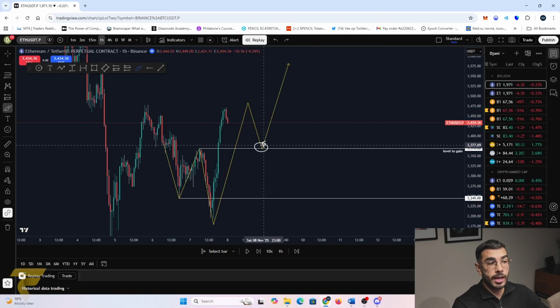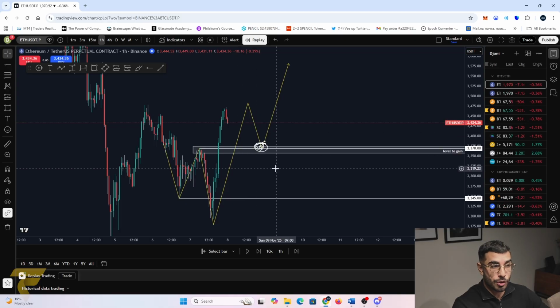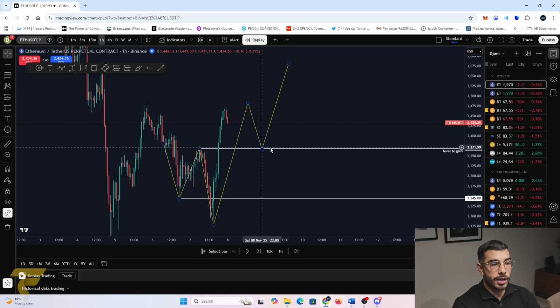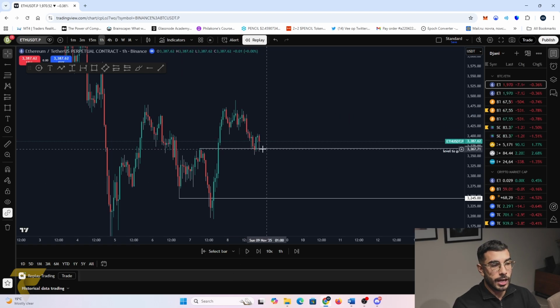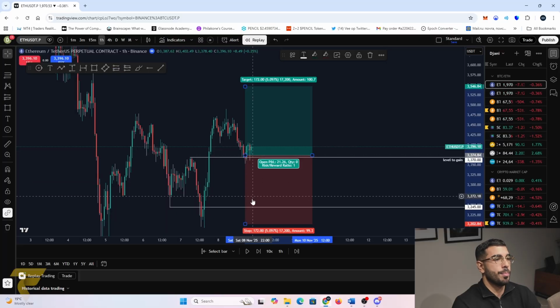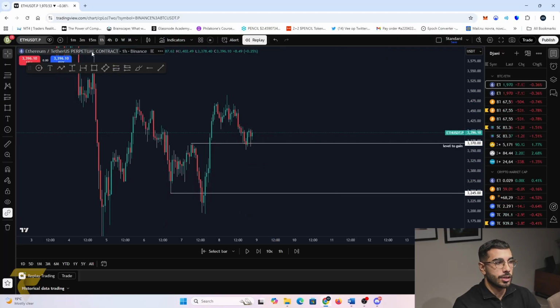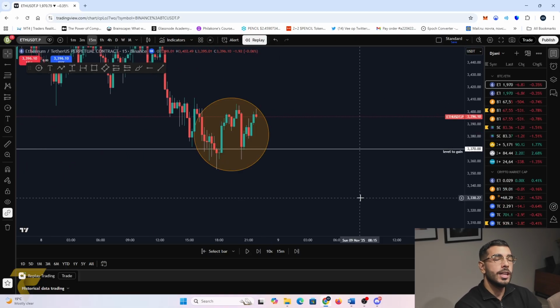But it can also do something like this, where you just have a small pullback towards this, because it was initially functioning as a form of resistance, and then again resistance becomes support. So this is an area where we can potentially look for trades. However, what do we need to do? So eventually, as you can see, price touches this particular level, but instead of just simply smashing on a random piece of price action, we actually want to zoom in on the somewhat lower time frames, and hopefully by zooming in, hopefully you can already see what's actually being created within the circle.